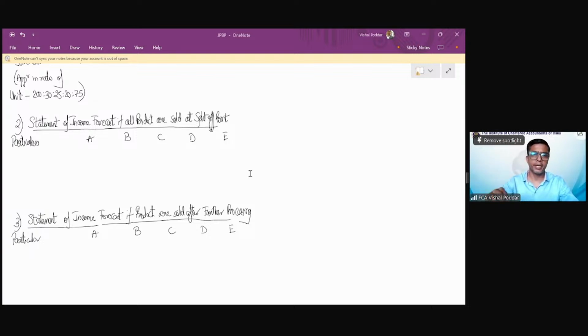So it means that I'm not further processing any of them. Now, if I have to find out profit, as I said, the answer for profit is simple. It is sales minus total cost. So I'll find out the sales value